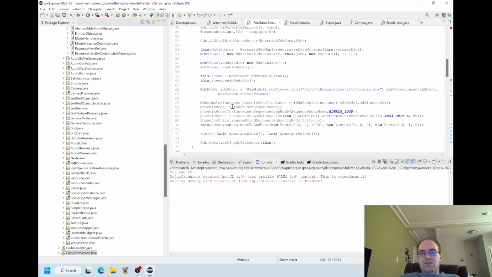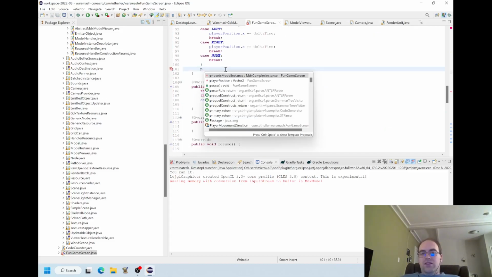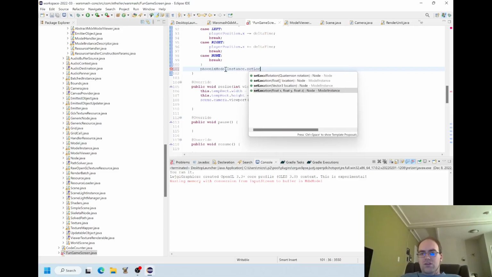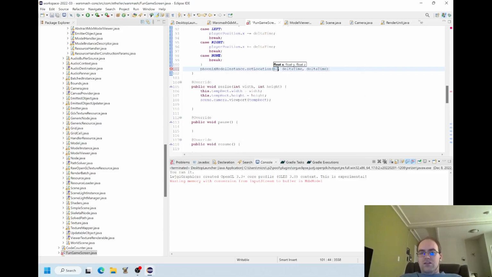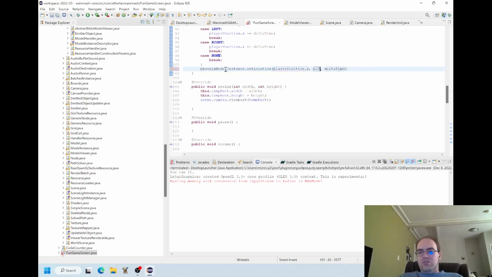This model instance of a Phoenix wasn't saved to a variable, so we're going to save that to a variable in our game. And then the Phoenix model instance set location can now set player position x, player position y, and 0 as a way to move.